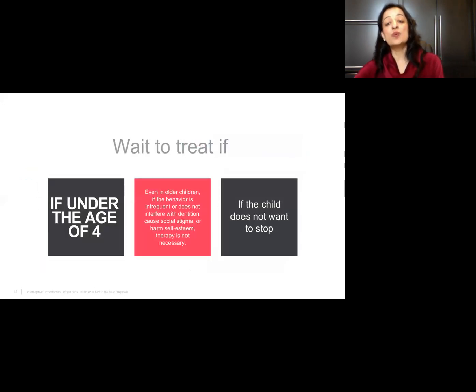So we want to wait to treat if they're under the age of 4. They're not ready at that point to let it go. And some are, so you can definitely ask if the child is ready. That's a really important part of getting rid of the habit. If the child does not want to stop, then it's best to work on getting the child on board prior to doing this, to not traumatize